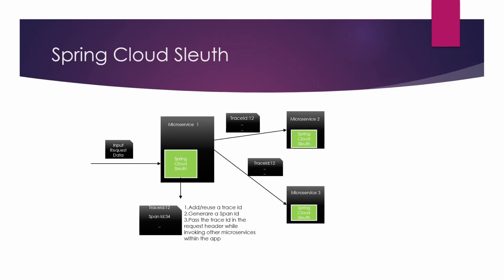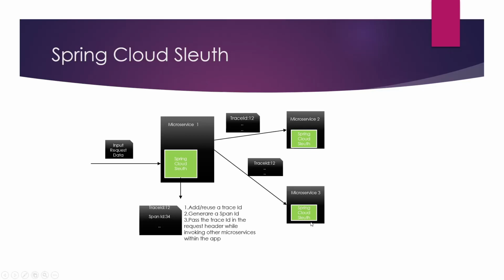So trace ID is the unique identifier for each HTTP request, and it will remain the same in each of the microservices that are invoked. So this is the identifier at the request level to identify the request end to end across the microservices. Similarly, span ID is the unique identifier for a trace at a specific microservice level to group the unit of work or activity done at that microservice level.